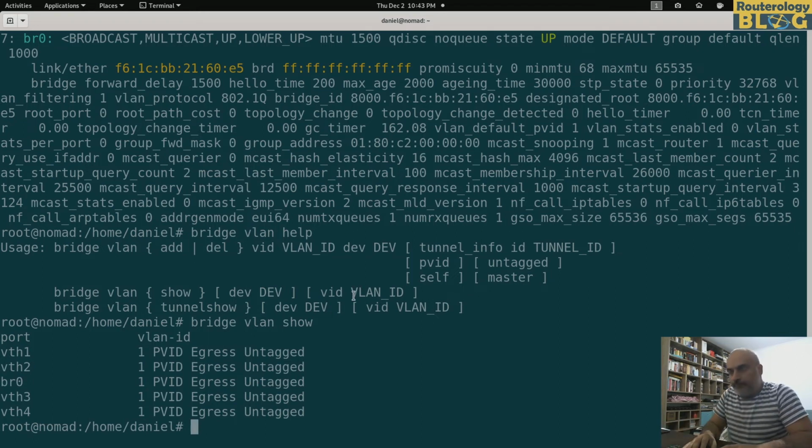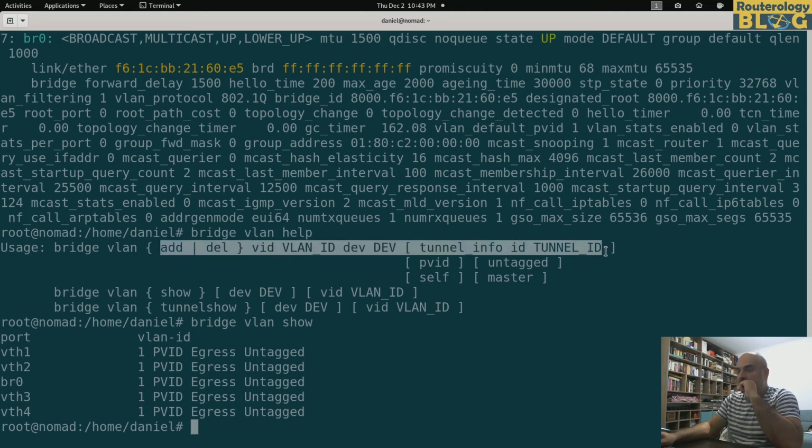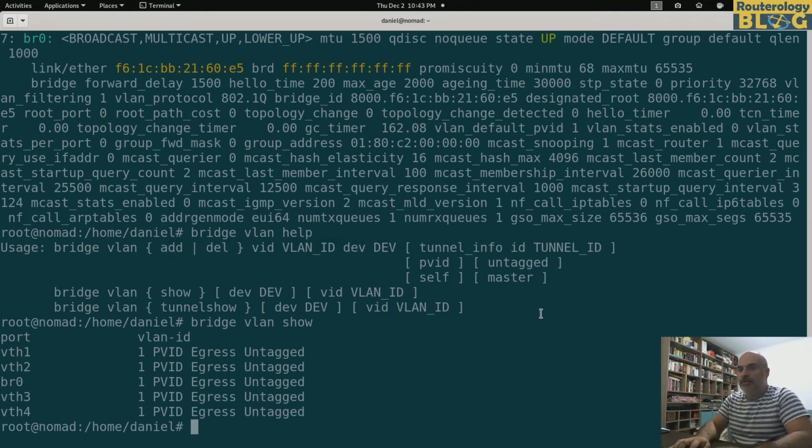So let's see how we can add VLAN 10. Actually, let's explain a bit the syntax of the add command here. Actually, I will explain it as I type. So bridge vlan add vid. Now I'm typing the VLAN ID. I specify the device for which I'm configuring this VLAN, veth1,